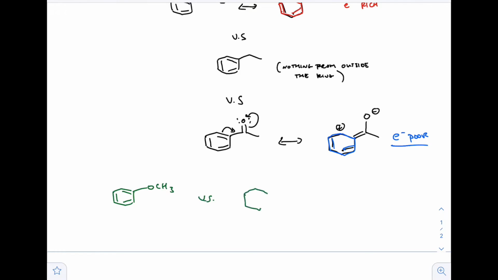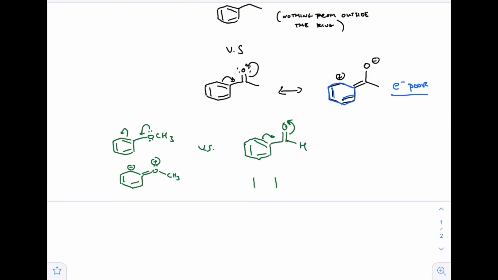Okay, so let's take a look at a couple examples. Let's see if you can determine if they are electron withdrawing or electron donating groups. We have a resonance structure for each of them. One goes into the ring, putting a negative charge at the ortho position, at least in the one resonance structure that we've drawn, while the carbonyl group puts a positive charge at the ortho position in the single resonance structure that we've drawn. So the methoxy, the OCH3, is an electron donating group, while the carbonyl group, the aldehyde, is an electron withdrawing group. And this is with respect to